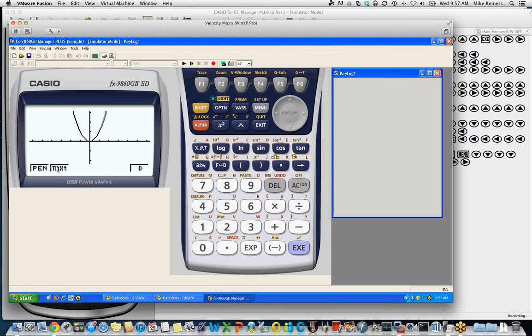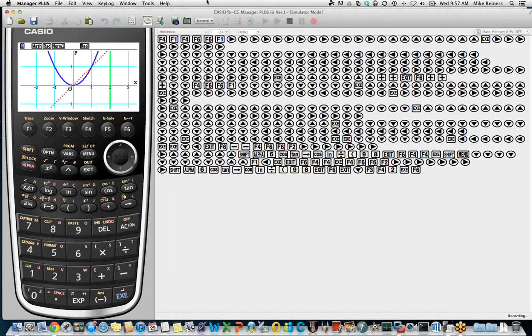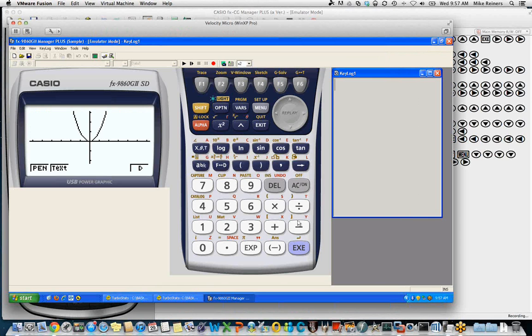And I could have been asking students to press the same keys, and I could have looked at the keystrokes up on my screen, the ones that we've been recording here. A lot of arrow keys, yes. I could turn that off and on if I didn't want to see those. But they could look at those keystrokes and press exactly the same keys on a totally different model of Casio calculator and get the same results.